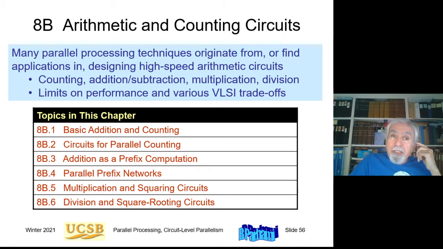So this lecture consists of chapters 8B and 8C, receiving roughly equal treatment. Chapter 8B has a lot of material, diverse material. Chapter 8C focuses on one particular computation, the discrete Fourier transform, which is very important in many applications. I de-emphasize Chapter 8B